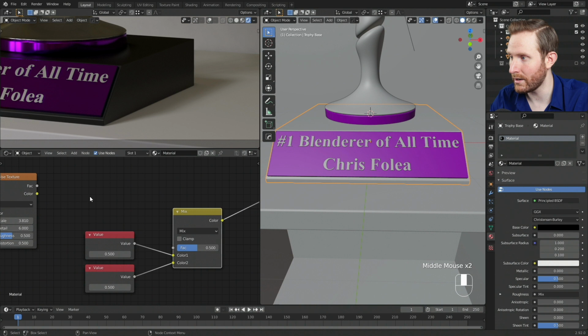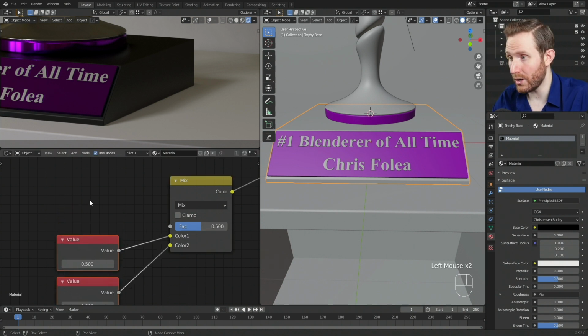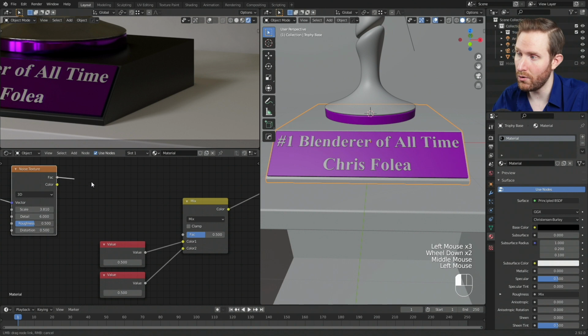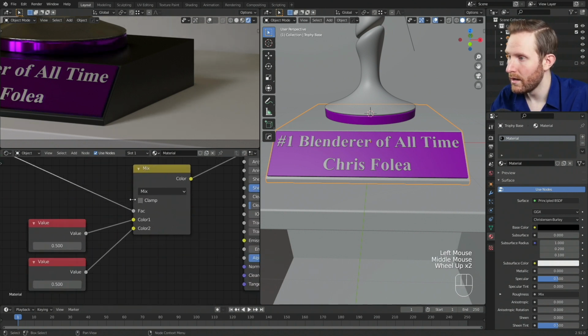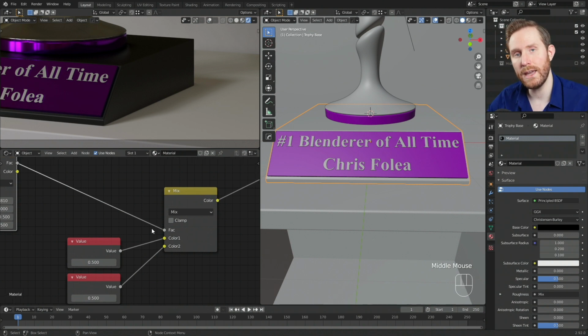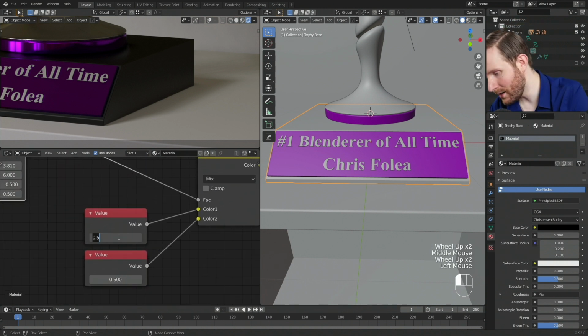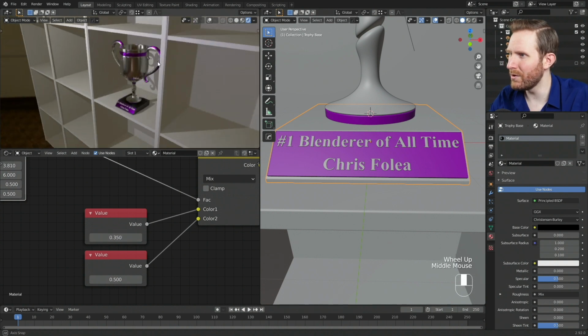And also we don't have a factor. So how this mix node works, sorry for not explaining it yet, is it takes color 1 and mixes it with color 2 based on the factor. And if you plug a texture into the factor, like say our noise texture, then anything that is white in the image will be color 2 for our roughness. Anything that is black in the texture will be color 1 for our roughness. And anything that's in between will be in between. How cool is that? So for instance, if I set value 1 to 0.35,